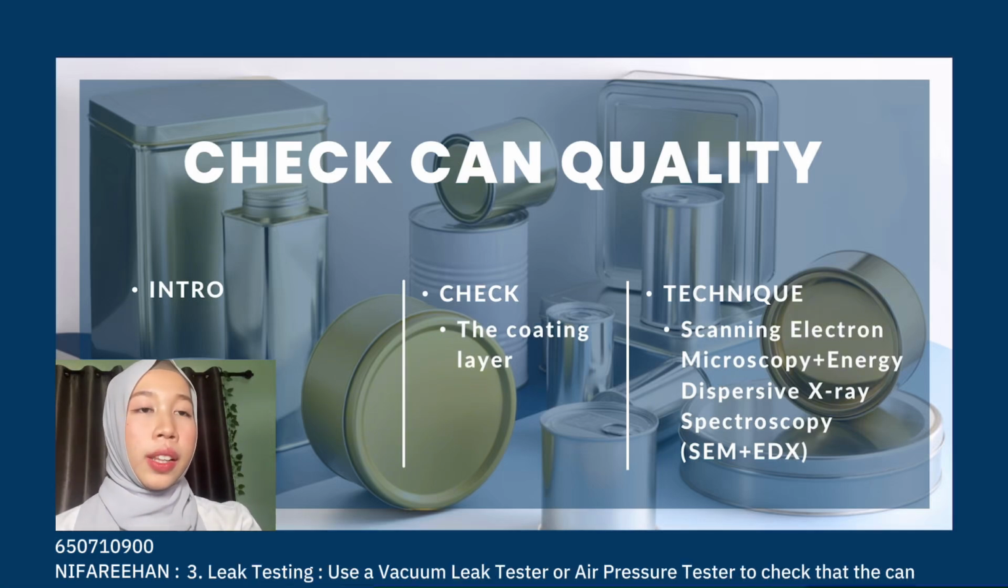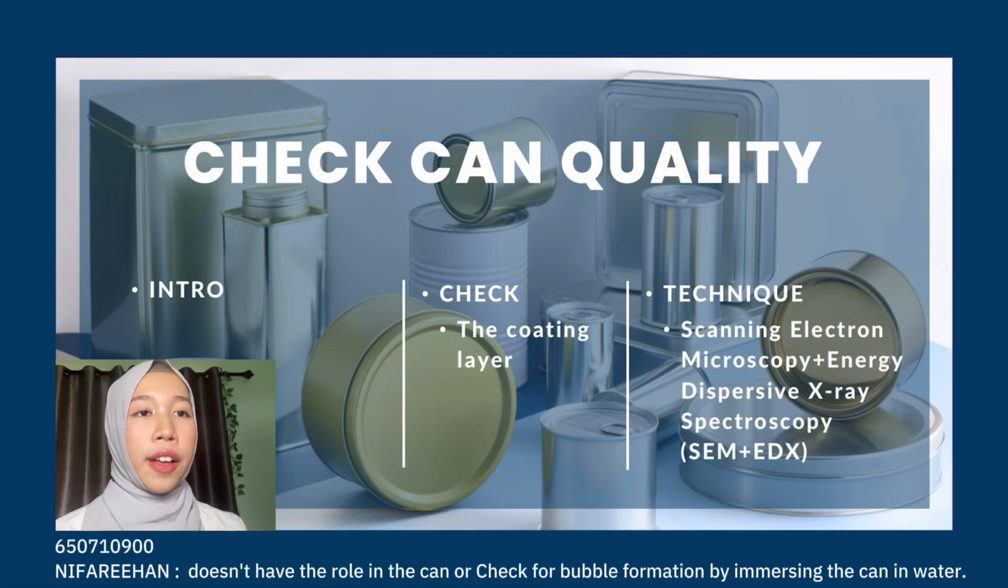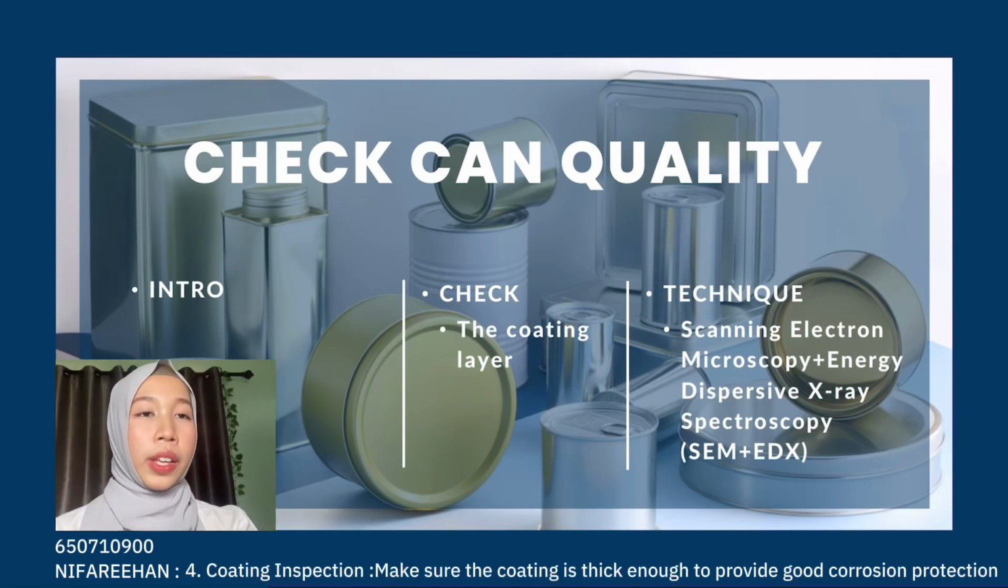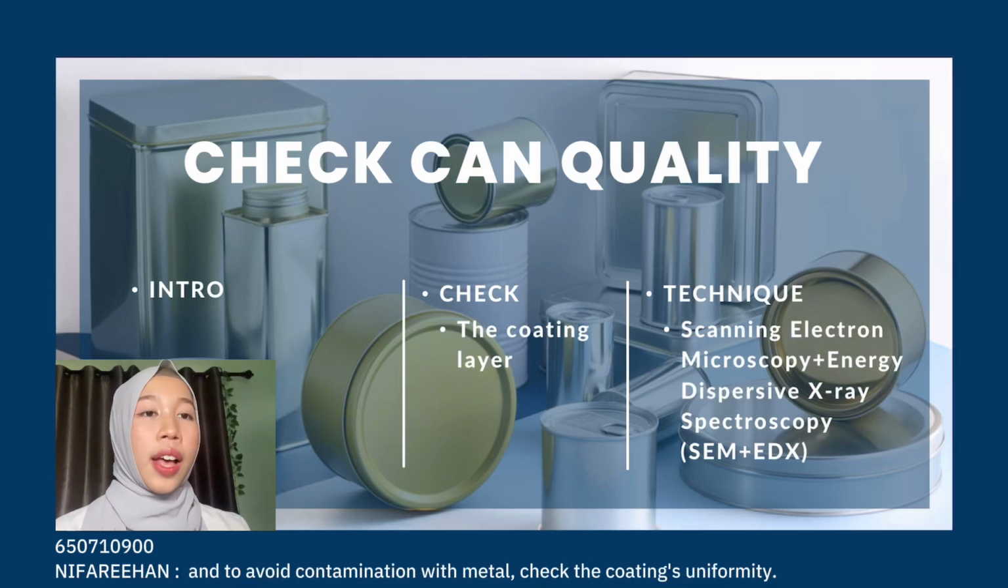Third, leak testing. Use a vacuum leak tester or air pressure tester to check that the can doesn't have a hole in it, or check for bubble formation by immersing the can in water. And the last one, coating inspection. Make sure the coating is thick enough to provide good corrosion protection, and to avoid contamination with metal, check the